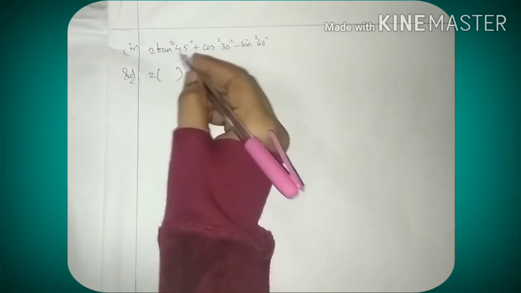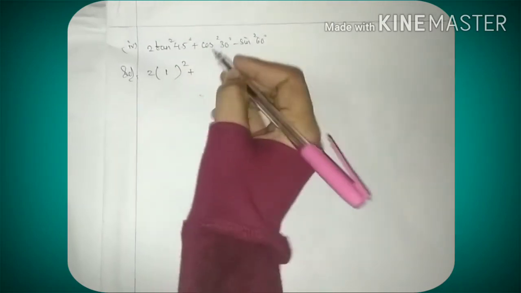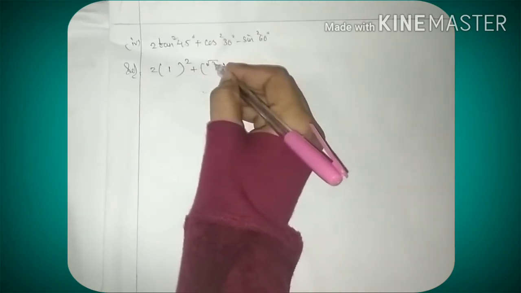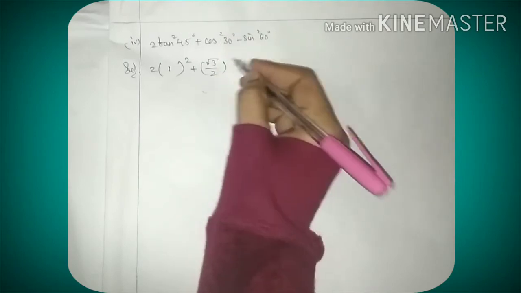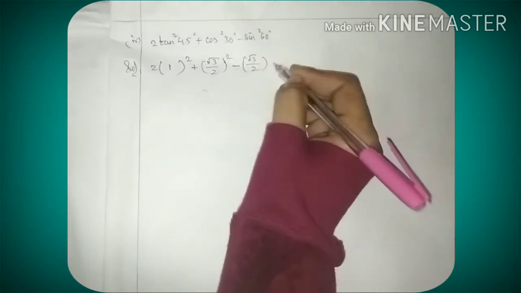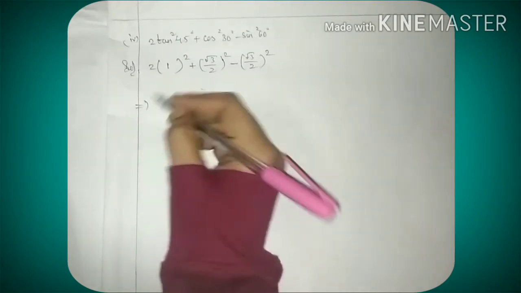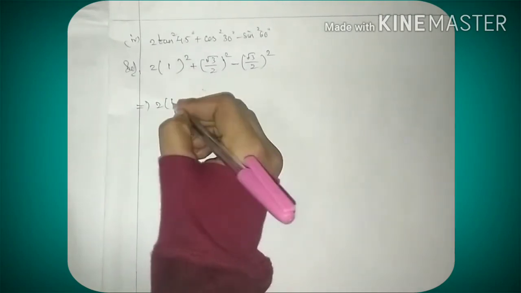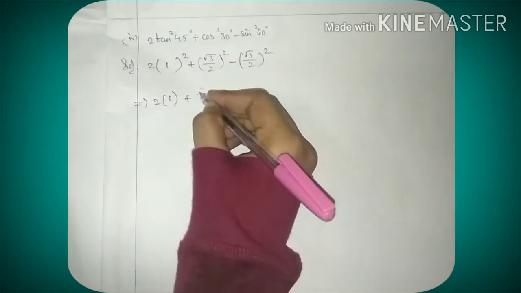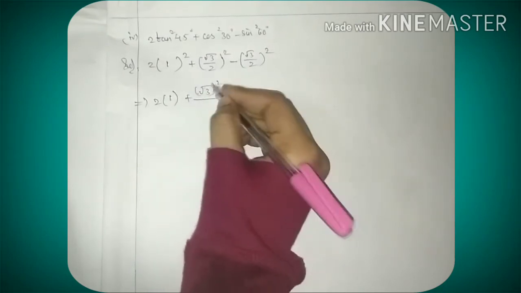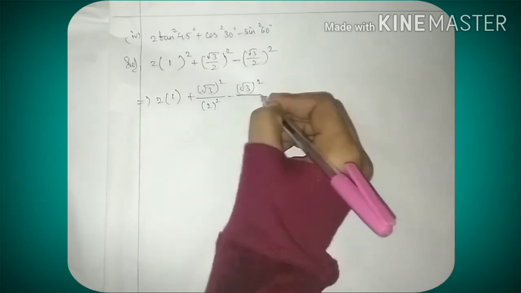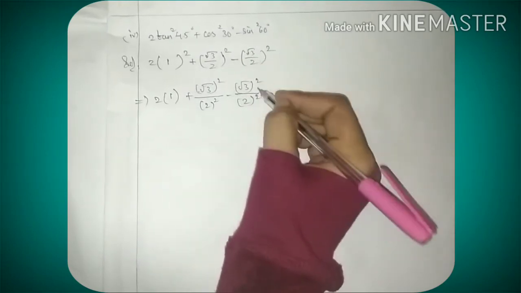So we know that tan 45 is 1, whole square, plus cos 30. In place of cos 30, we are having root 3 by 2, square is there, whole square, minus sin 60, root 3 by 2, by 2. Now we are going to solve this. 1 square is always 1, plus root 3 square root gets cancelled. First we will separate this square, 2 square, minus root 3 square by 2 square, separating the squares.